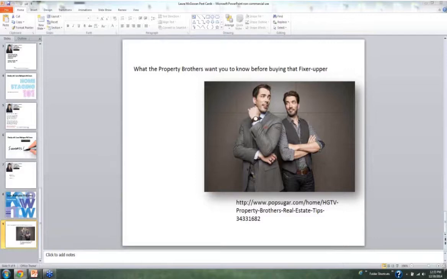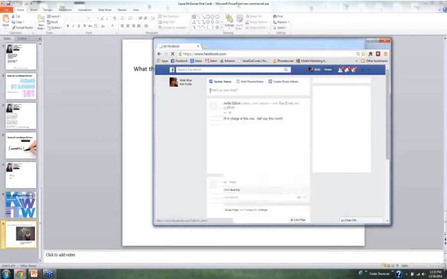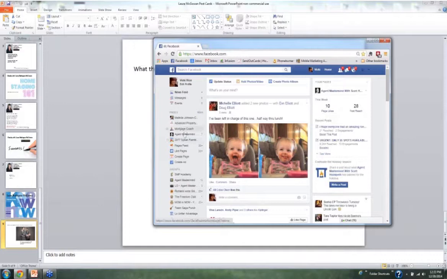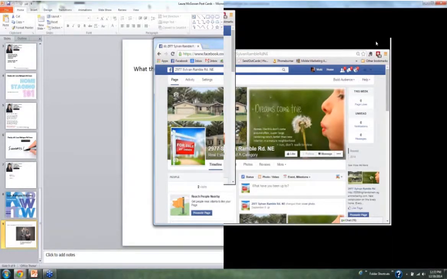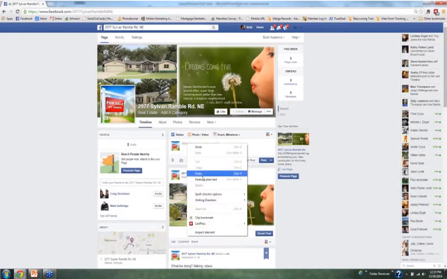So if I were to come over to my Facebook page, and say I wanted to post something on the house that I have listed. So this is the fan page of the listing on Sylvan. I'm going to come up here and I'm going to,